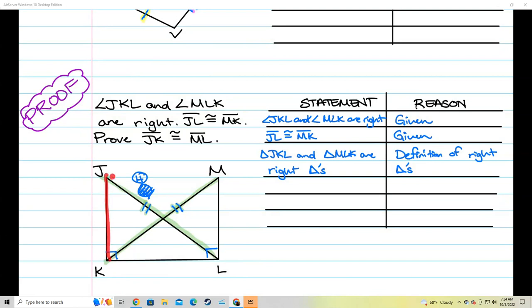On this triangle, when I did the bottom side, I need to go from the 90 degrees to the corner. That means on the other triangle, I need to go from the 90 degrees to the corner. It looks like the direction switched. The first one went this way. The second one went this way. So I'm going to say segment KL is congruent to segment LK. And it is the exact same segment, so we say that's the reflexive property. Guys, doesn't matter if you're looking at the first triangle or the second triangle, both of those sides are touching the 90 degrees, which means that this is going to be a leg. And because you have a hypotenuse and you have